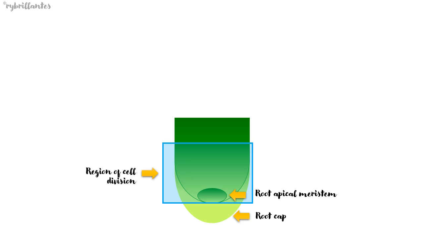The young, newly formed cells in the blue block will be our cohort, and we will be following its growth and development as the root grows longer. Remember that some daughter cells resulting from the division of the root apical meristem will remain meristematic. Their role is to divide and form new cells. What we will follow through in our blue cohort are the cells destined to mature or become permanent tissues.